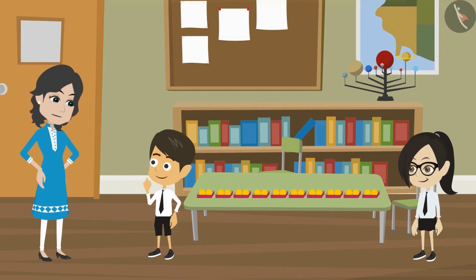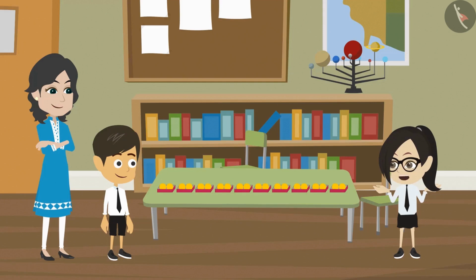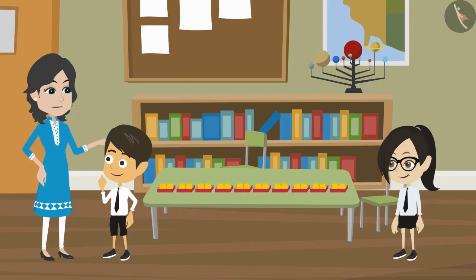Yes, Riyansh. In the same way, you can convert the above additions into multiplication. If you want to find the laddus in 3 boxes, multiply 2 by 3. Similarly, for 2 boxes, multiply 2 by 2. And to find the laddus in 1 box, multiply 2 by 1. That means we don't need to add them. No, for 5 to 10, you should try to find the result yourself and check.